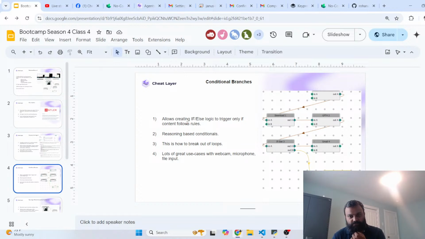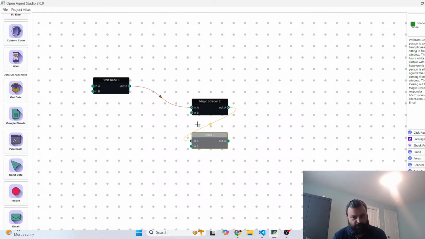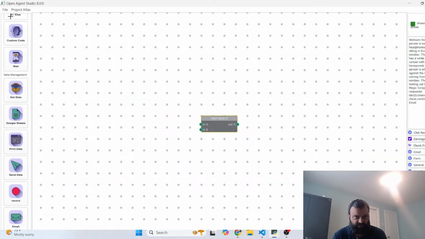Okay, so let's go over conditional branches. We didn't cover this in the last class. This is one of the more advanced features in the no-code editor, but it's useful. You need it for doing certain automations. So I'm going to cover all the more advanced things to do basically every automation. Okay, so all right, let's start over